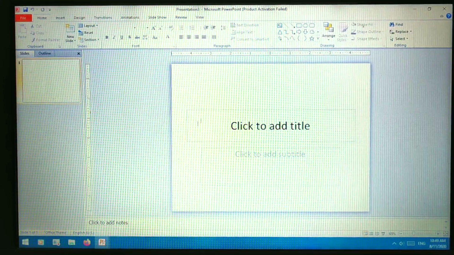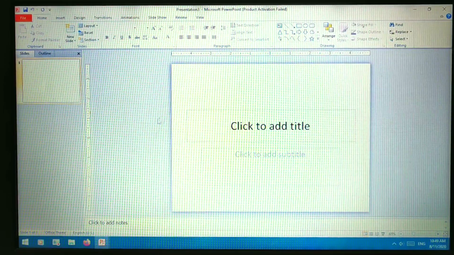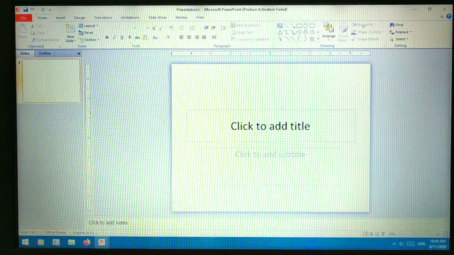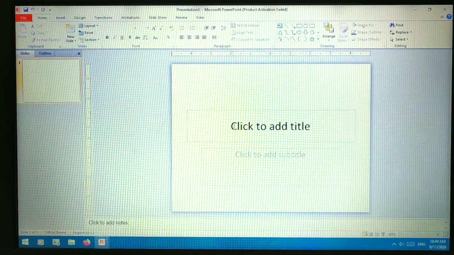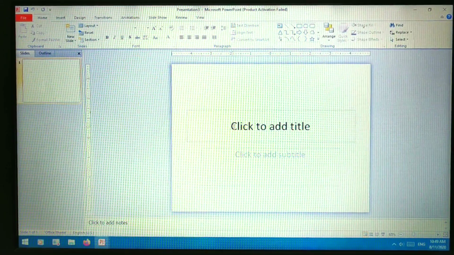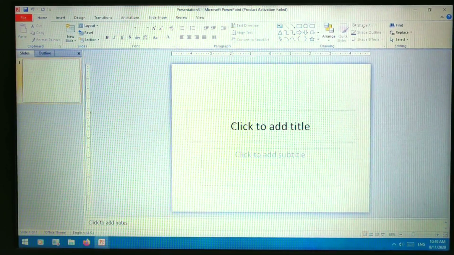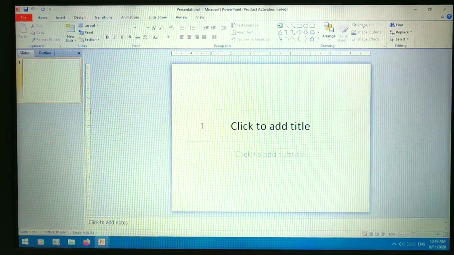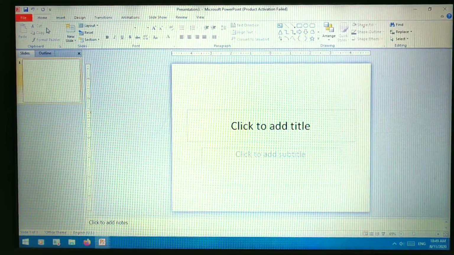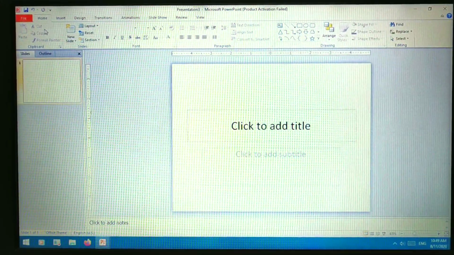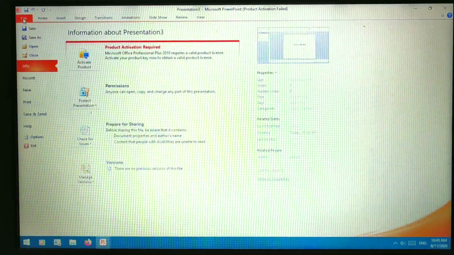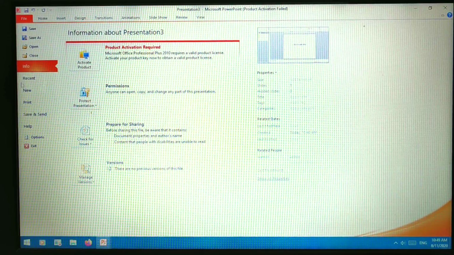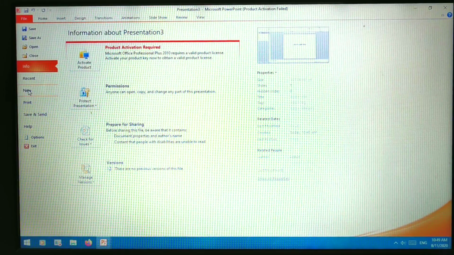As I have told you, a blank page in MS PowerPoint is called a slide, and the combination of all the slides is called a presentation. Now, if you want to open a new slide, you have to go to the File option and click on the New option.